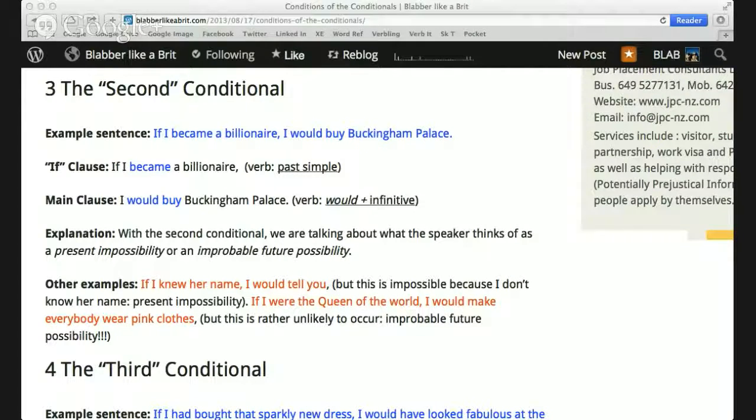I would put them in my home, in my garage. Because before I buy these cars, I would buy a Buckingham Palace, like the